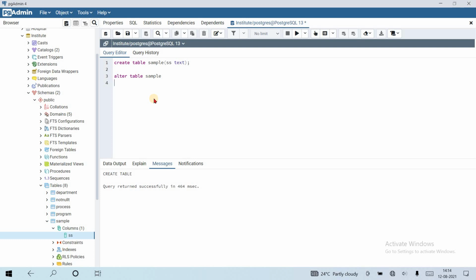Alter table sample, alter column ss, set not null.